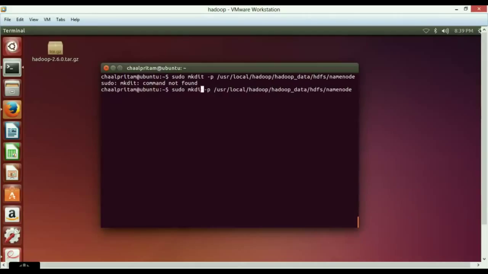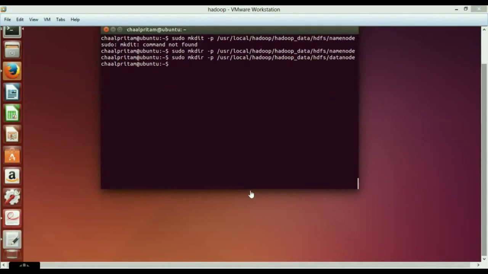We have to write mkdir for making a directory. And now we also make a datanode too. Namenode is handled by the master, and datanode is handled by the master and slave nodes. See, we open the file, copy,